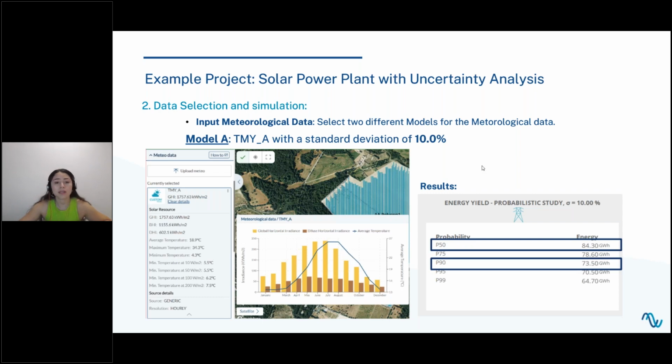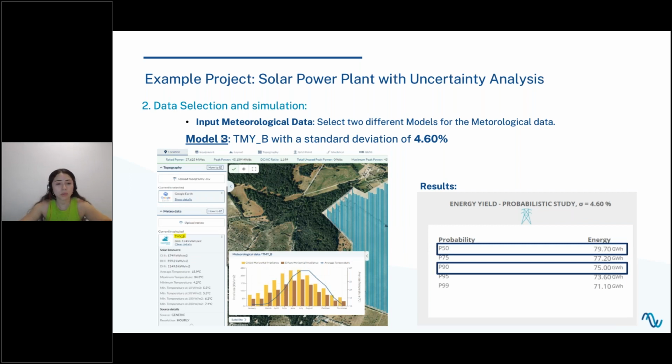So we have the model A with a TMY-A. We also selected a standard deviation of 10%, and the results are for the P50, 84.3 gigawatt hour, and the P90, 73.5 gigawatt hour. So the comparison will be based on these two values. And the second